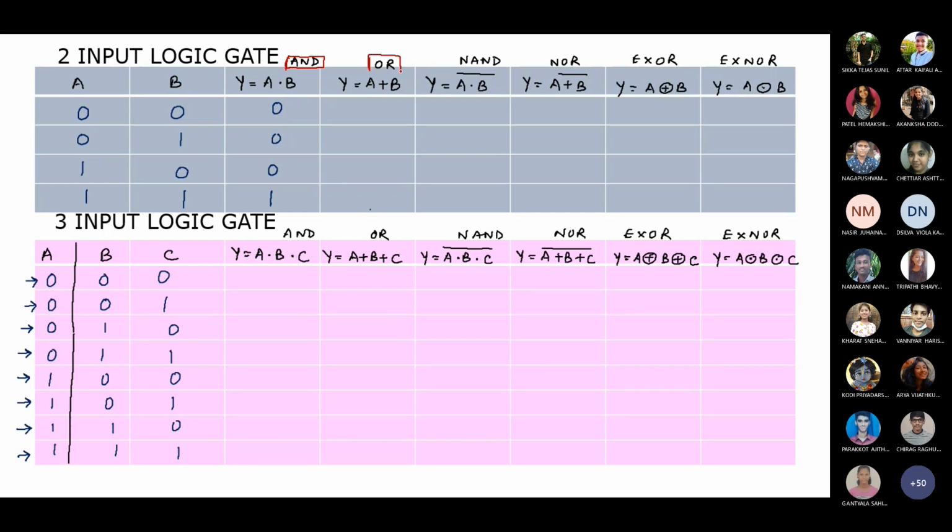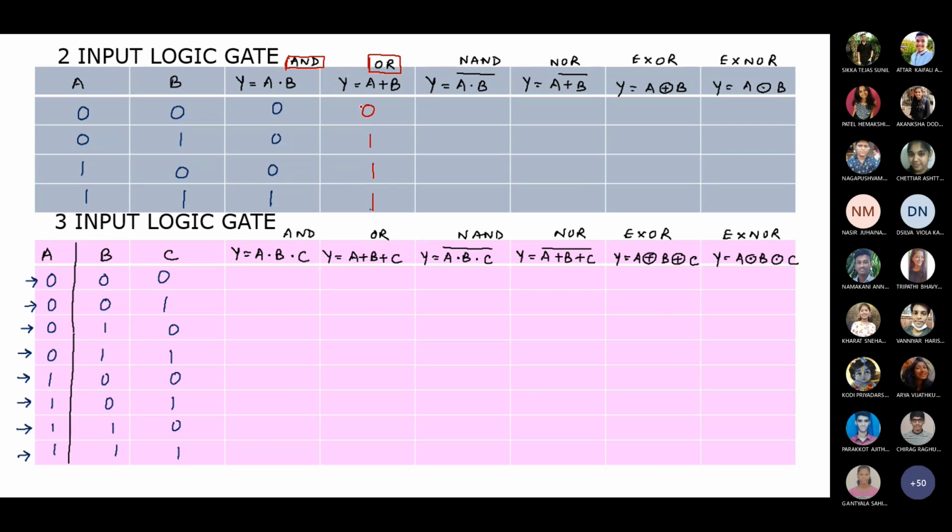OR logic is what? When any one of the inputs is high, output is high. So for 0, 1, output is high. For 1, 0, output is high. For 1, 1, output is high. When both the inputs are low, output is low. Understanding now what I'm doing? I'm trying to draw together and show you all the logics together. For 2 inputs, in the same way I will extend it to 3 input and 4 input, because ahead in all our units, we are going to involve multiple input logic gates. That is the reason I want to clear up that doubt here itself. Clear now, everybody?